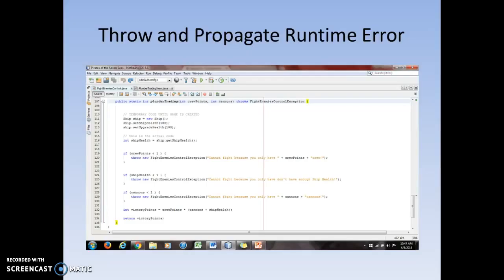Moving on to errors, which is kind of a cool different thing that we learned this semester. How to throw a runtime error. You can see here that we're going to throw a new exception, which is the fight enemies control exception, with the runtime error, "cannot fight because you only have blank number of crew." So these are the errors that we're throwing